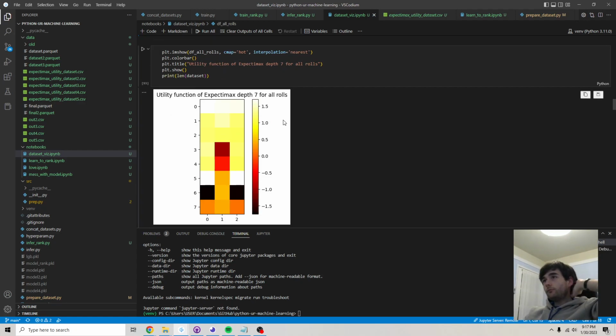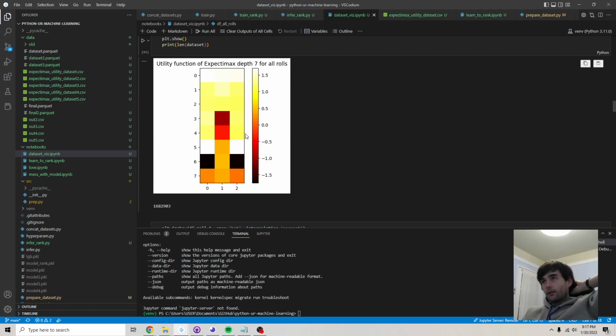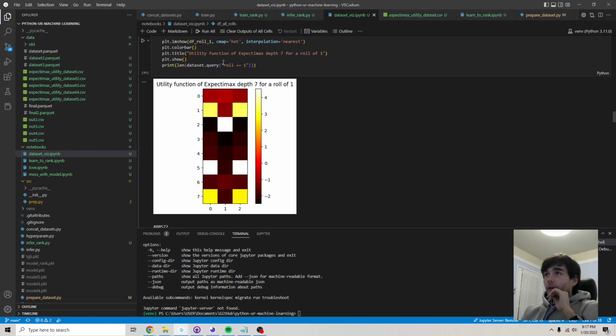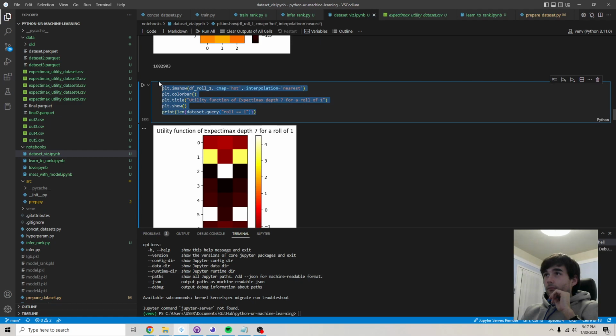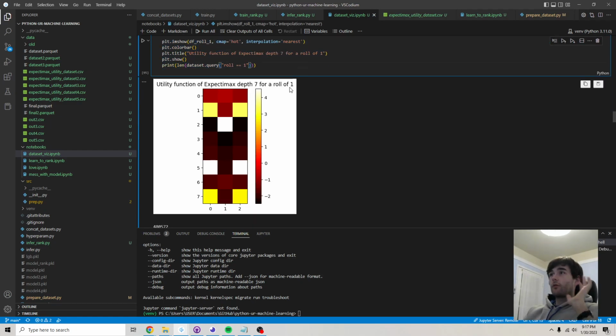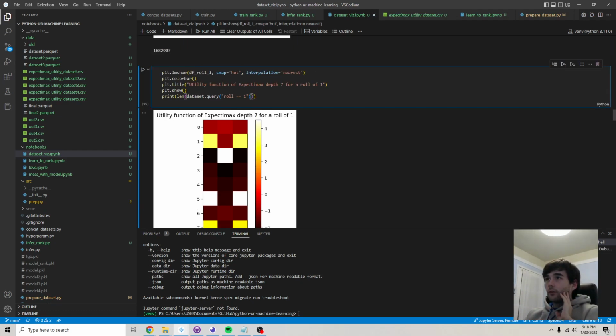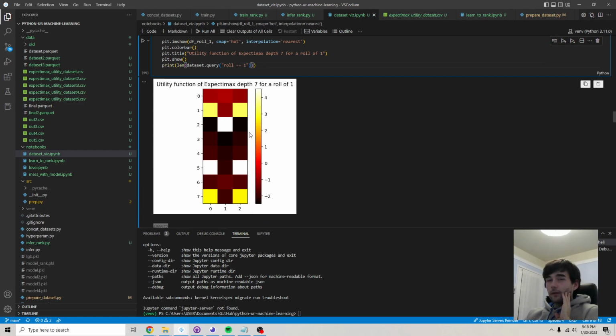at the game. But it indicates for me how the AI thinks. We can see it doesn't really want to leave this centerpiece, which is normal, we know, as the players. It's expected. Here it's the same heat map, but just for rolls of 1. So if you roll just a 1, I sliced the data set for just the rolls of 1, and we can see how